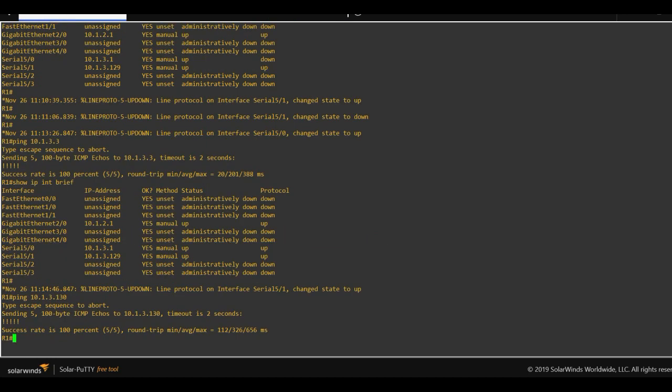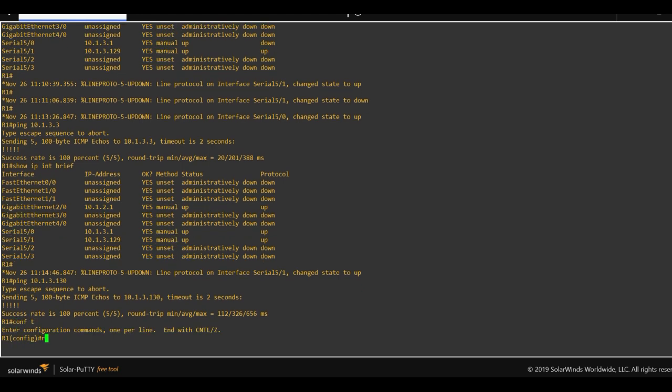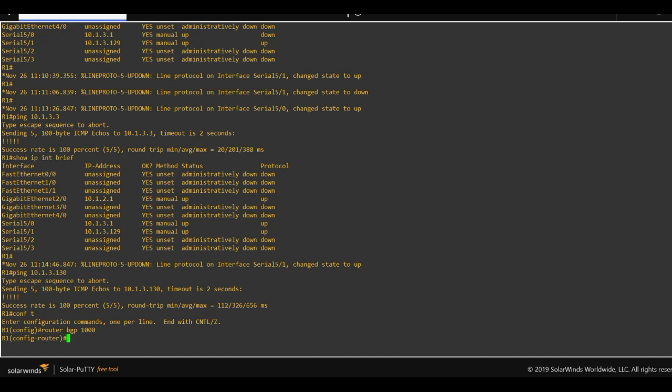Let's do on router 1 first. Okay, so the way you configure a router is just the same like any other routing protocol, like your IGP. You start with a router keyword and then the name of the protocol and then your AS number. And it's very important for us to determine the router ID. Otherwise, it's going to automatically take